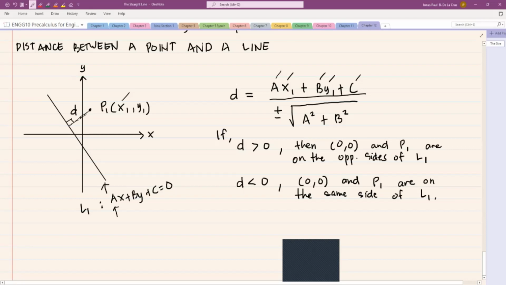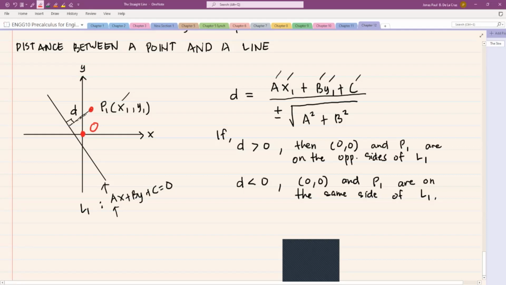In our figure, the origin is here and the point is here. So in this case, P1 and the origin are on the same side of L, so the d we solve should be negative. But for example, if we do not know where L is or where the point P1 is, whether it is below or above the line L,